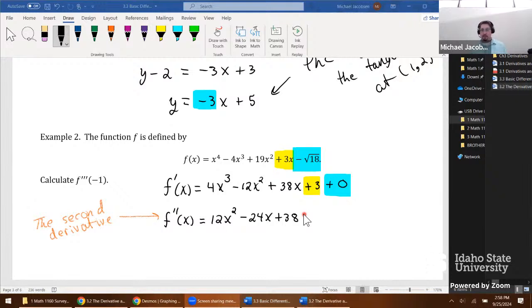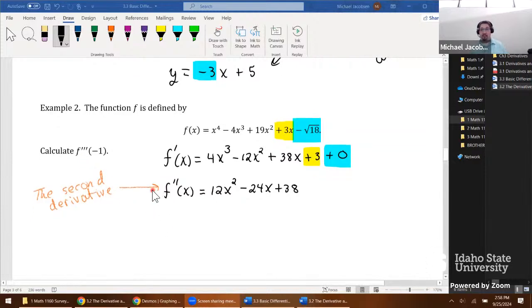Okay, well, that was so fun. We'll just do it again. We're trying to get to f triple prime of -1, but the first thing we have to do is say, what is the third derivative? So differentiate that again, and we'll get f triple prime now equals,